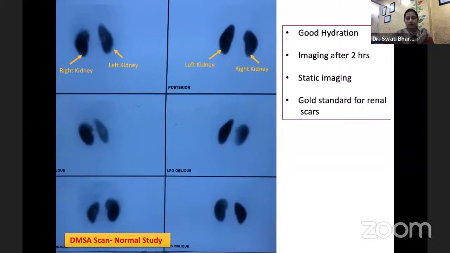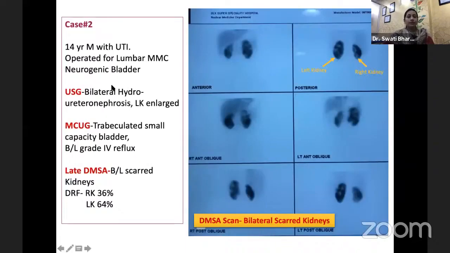followed up conservatively. So another patient, a 14-year-old boy, presented to us with a urinary tract infection and deranged renal functions. He was a known case of neurogenic bladder with a meningomyelocele operated in infancy. But this patient had not been following management for neurogenic bladder. He was not doing clean intermittent catheterization. He was okay with wearing diapers rather. And this was an episode of UTI after a long time.